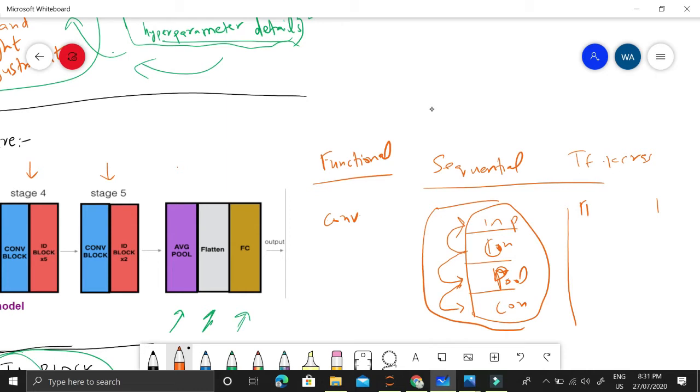So if we have to write the same thing here, then what we will do is, in brackets, say that this input layer is the input for this convolutional layer, and whatever the output is, store it in this out variable. Then again apply pooling based on whatever this output is. This output will be the input to this pooling layer. Whatever the output is will be the input again for this convolutional layer. So this will go on.